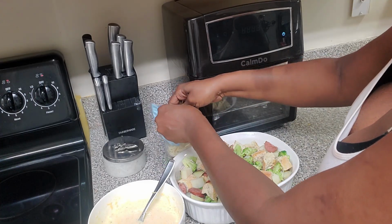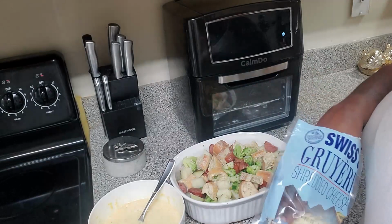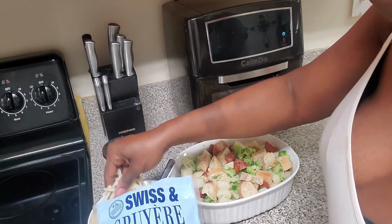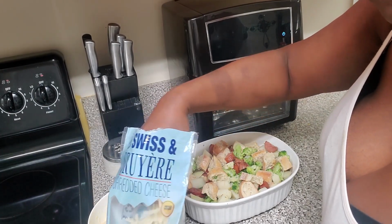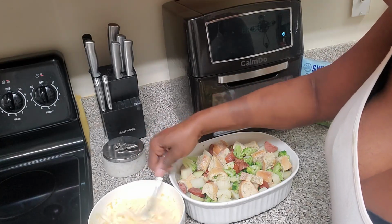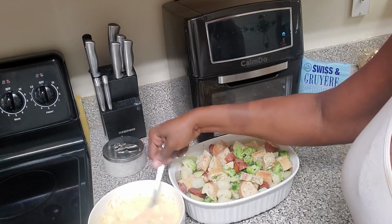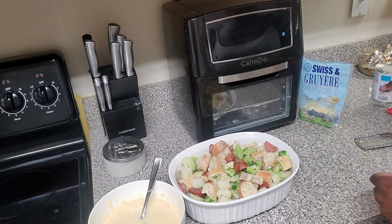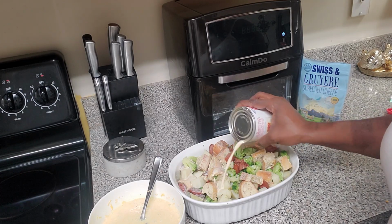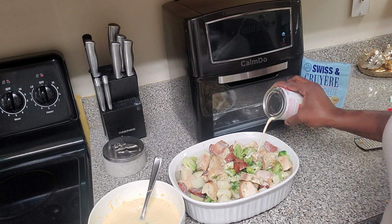And now I'm adding Gruyere cheese. Now, what I love about the Gruyere cheese, guys, is that it is so creamy. It has like this really sweet, intense under notes to it. It is amazing. And I buy most of my cheeses from Aldi's. You can get them for a great buy. You can have your cube of cheese for, I think it's like $1.79. The Gruyere cheese was